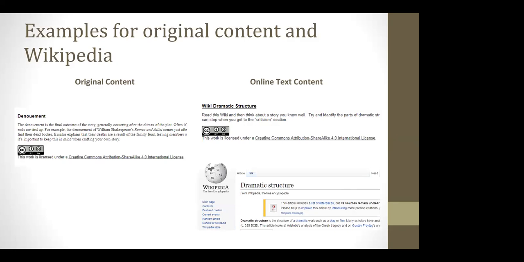For the Wikipedia on the right, I felt Wikipedia was open, but I didn't really know. But we were able to go in and find that Wikipedia, yes, is in fact open, and what kind of a license it has, which is the Creative Commons Attribution Share Alike. It happens to be the same one that I put my original content under, but those could have been different.